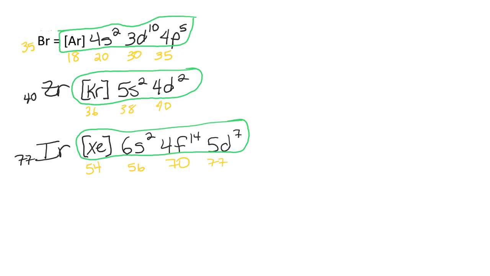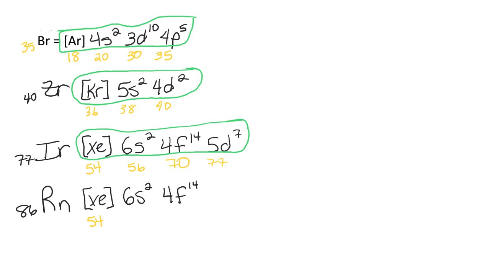Let's try one more, and then we should be good. Let's try radon, because even for a noble gas, you can use noble gas shorthand. Okay, so radon, which is number 86, is a noble gas, but it is in the 6th row. So we are going to start out with the noble gas right above it, which is xenon. So there's our 54. And then we're going to do 6s. Now 6s2,